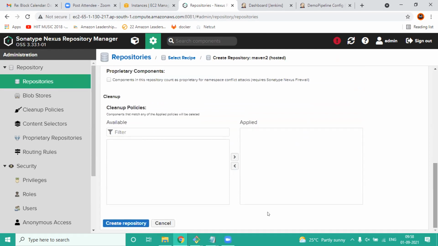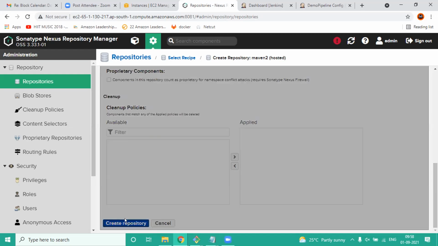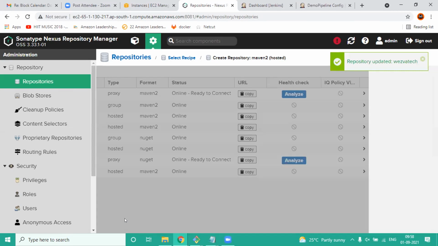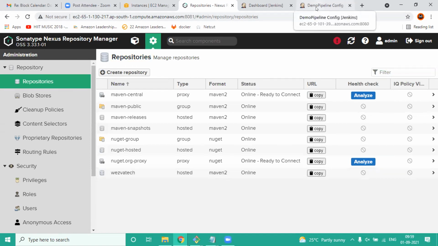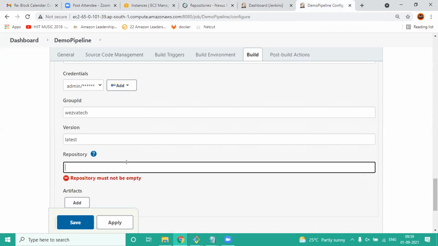Okay. So what we have created is a repo in Nexus for our sample project, and that is Bezvatech. And here you can see it is of type Maven. That means you can store all Java based artifacts in it. So this is the name you're going to give here. So come down to your Jenkins and give the name of that project. Okay. And then finally,